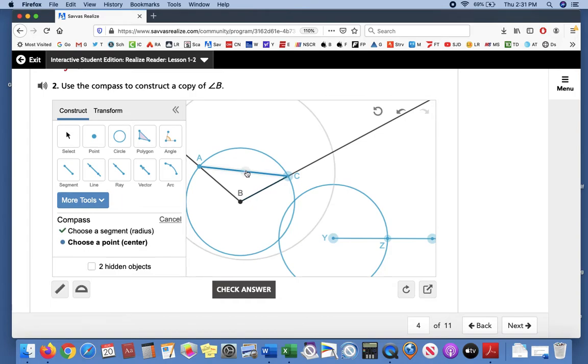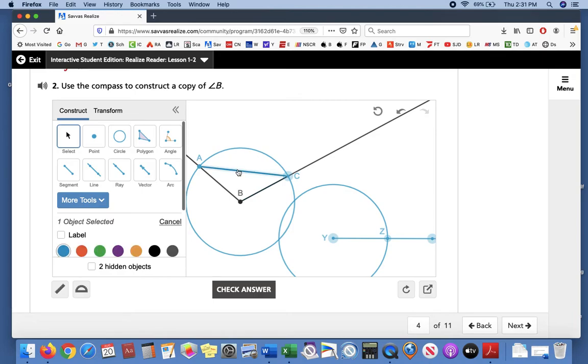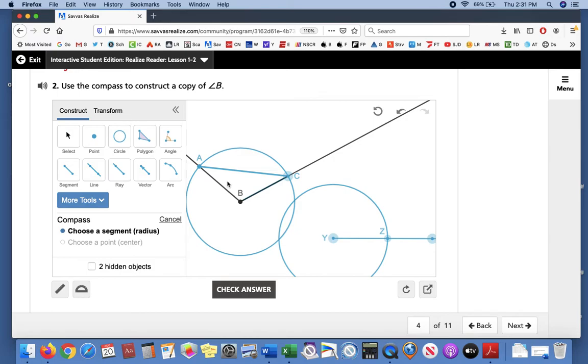Oh, hit the wrong button. Let me rewind. I knew I couldn't do it perfect the first time. Whoops, now I've gone too far. Let me go back ahead. All right, here we are again. Let me select this segment, and maybe now I can do a compass with choose a segment. I want this segment to go right